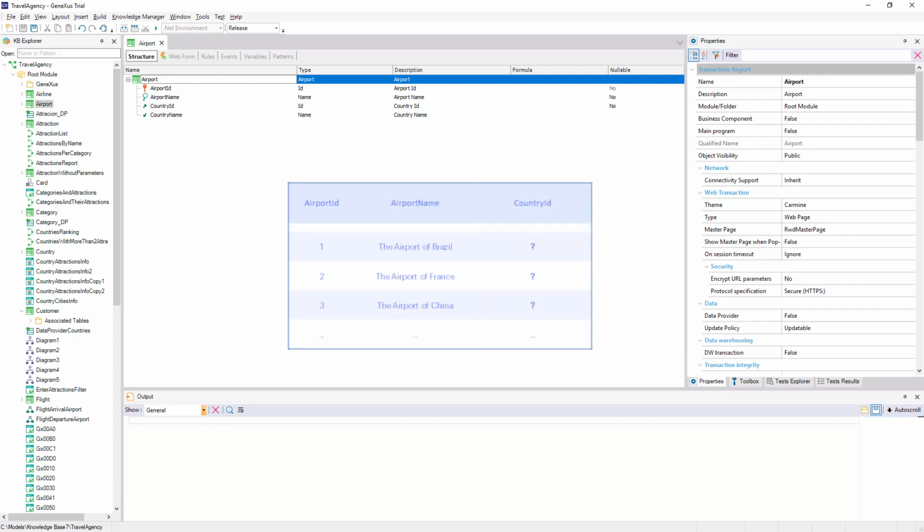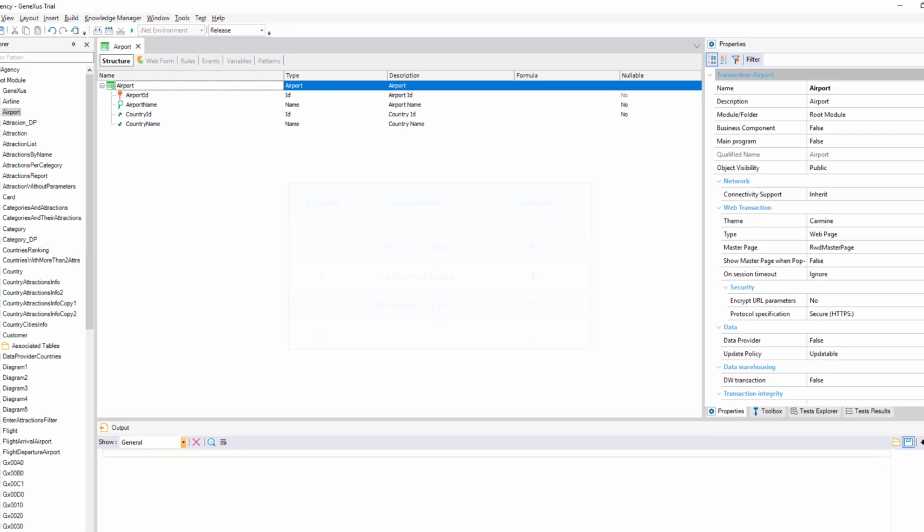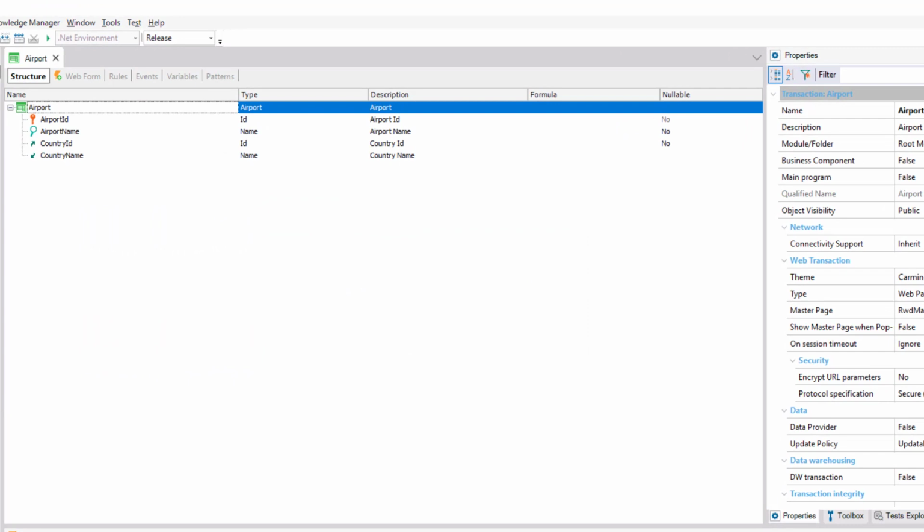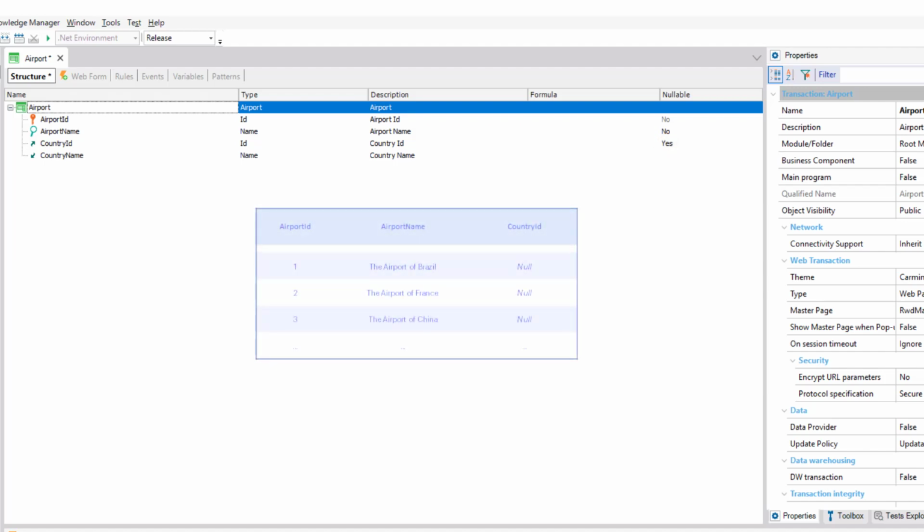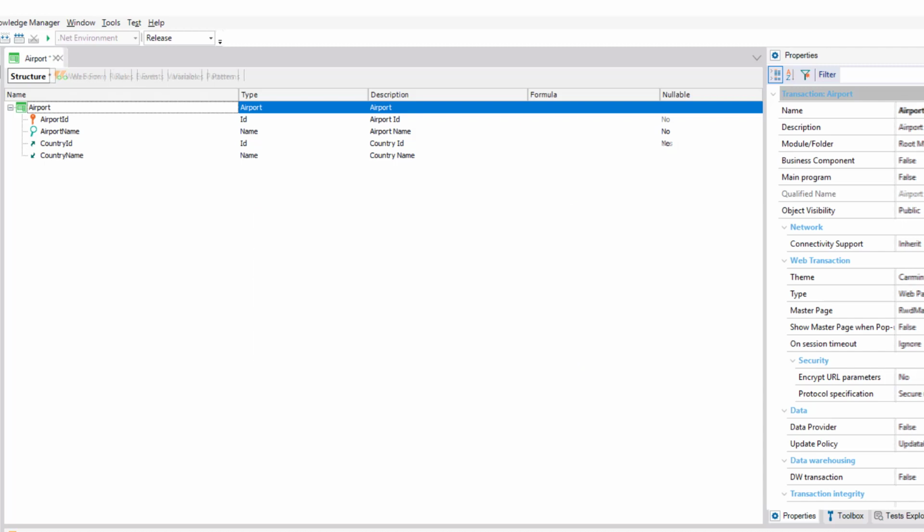Here we have two options, and it'll depend on how we configure these country ID attributes. If we set country ID to accept null values, when we reorganize and Genexus adds this attribute in the table, the records that were already there will be left with this attribute as null. Now, if we indicate in the transaction that attribute does not accept nulls, what will happen?